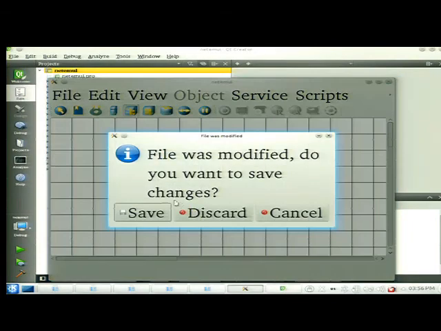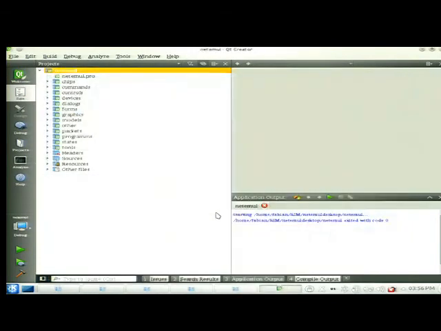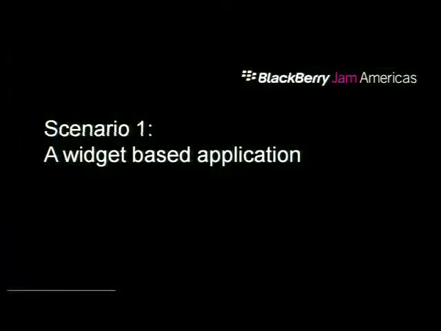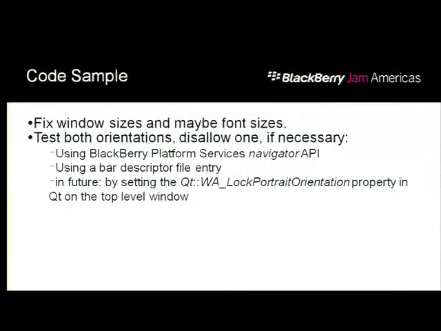Basically works. What we want to show, or what Till wants to show now, is how you deploy this for the device. Yep, so the reason why these fonts look so funky is because I already did a few things. Those are the typical things you need to do. Mainly, you have to adjust for the fact that the DPI is much, much higher on these devices. So you usually want to have bigger font sizes, or at least adjust the iconography a little bit. So generally, you have to adjust font sizes, window sizes,